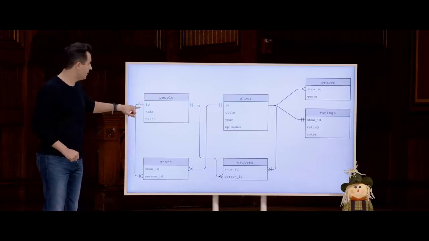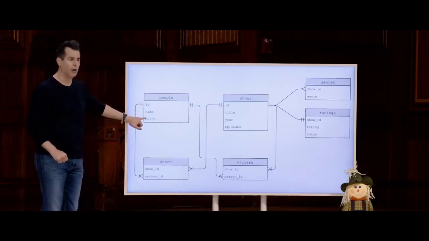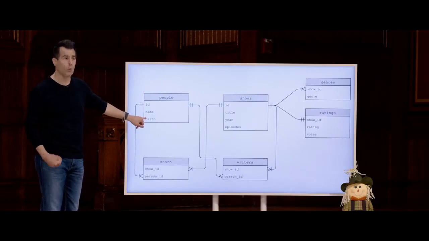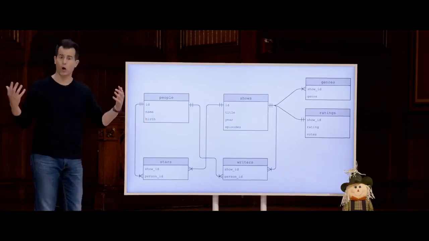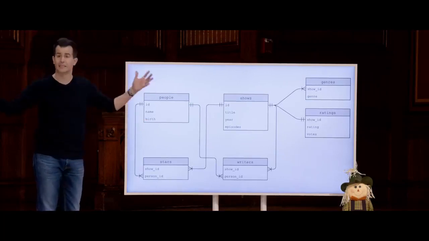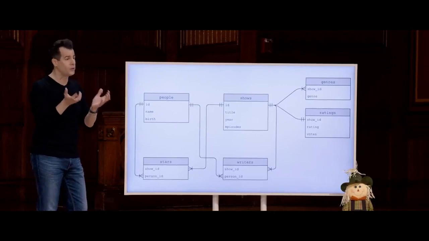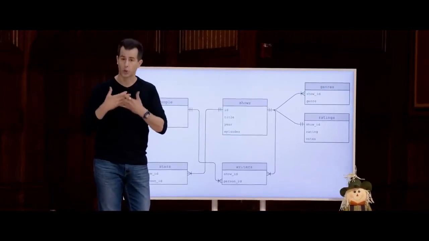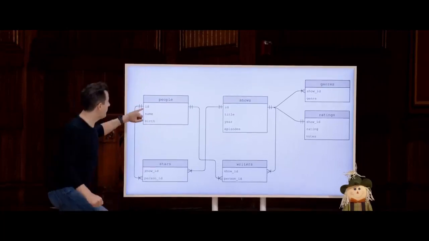People have just 3 columns: ID, name, and birth. But there's no mention of the TV show in which people have starred, or the TV shows that a person has written. Well, why is that? Well, if you just had a 4th column here called show, you would have to decide what show that person is in. And no one could ever act again in another show because there's no room to store the data. But if someone, of course a popular actor, can star in multiple shows, well, we could have one ID